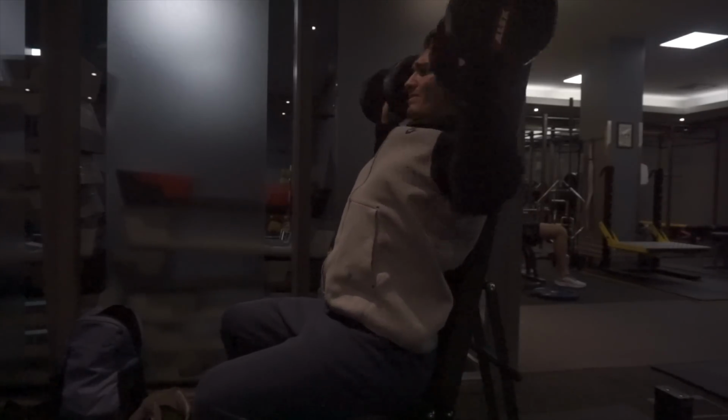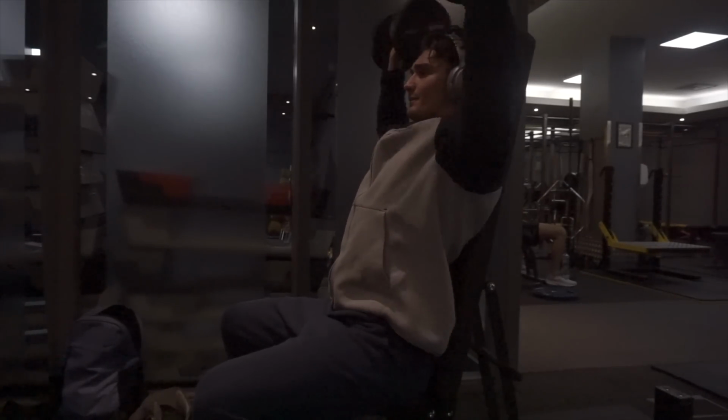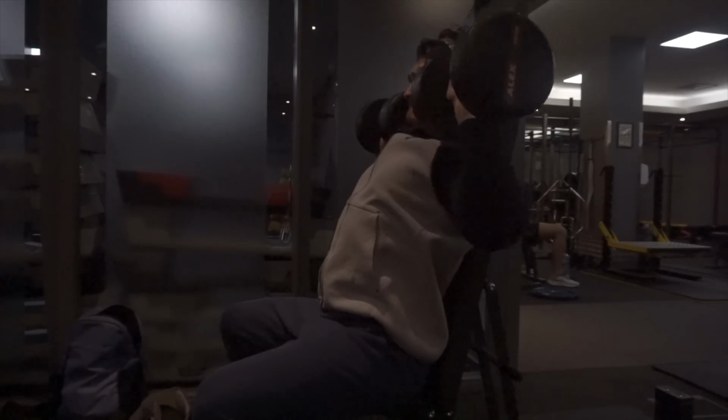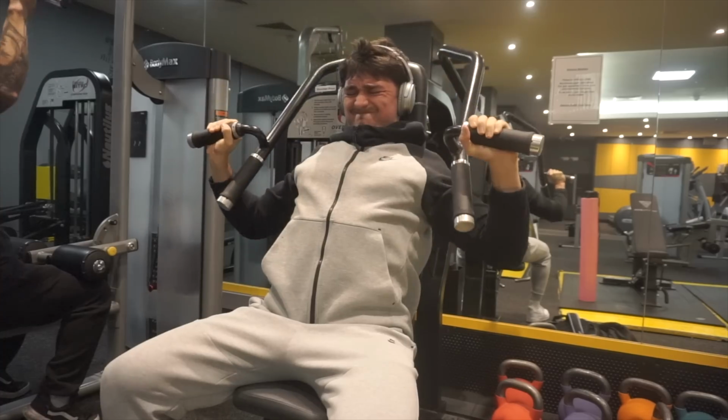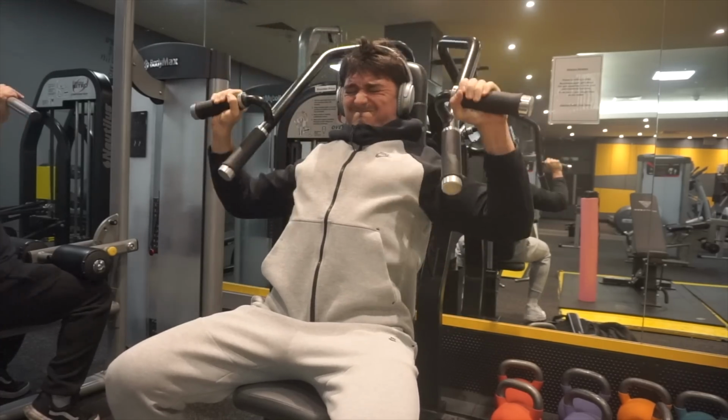Typically with my front delt, I'll do one heavy set. So I'll do one set of 6 to 9 reps, let's say. I'll train till failure at a really high intensity and really push through. You have to make sure you're training till failure and you're training at a high intensity, because your shoulders are